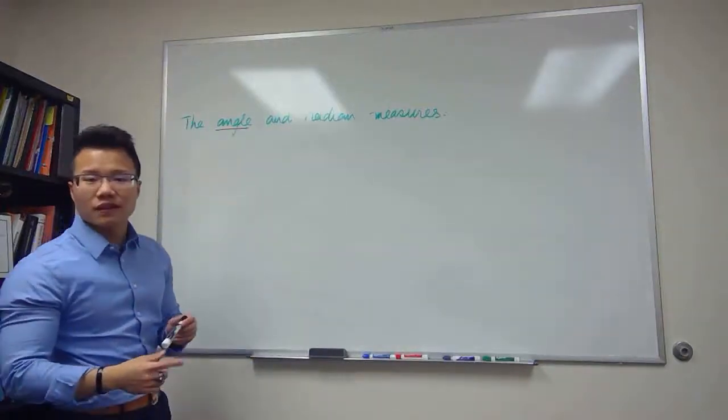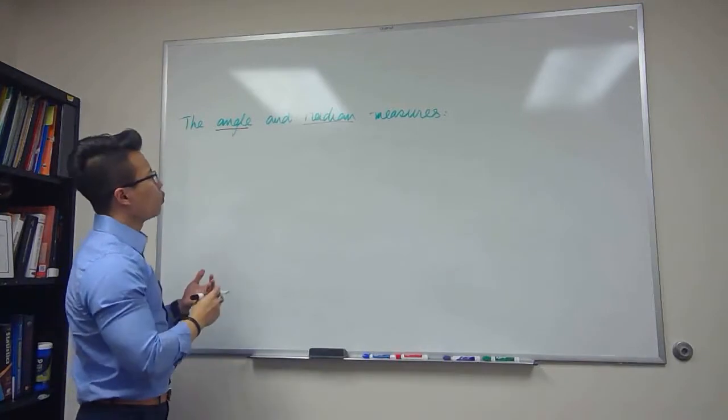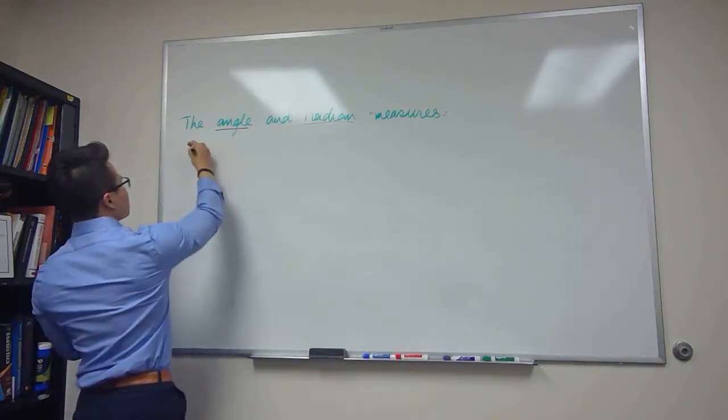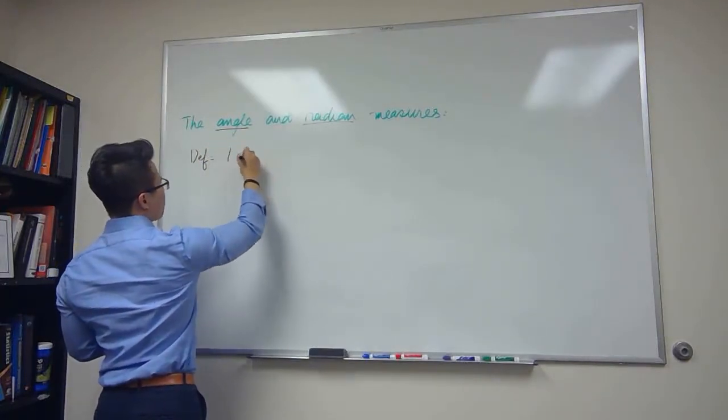The second topic in our section is the radians. Okay, so let's talk about what is a radian. As a definition, one radian,